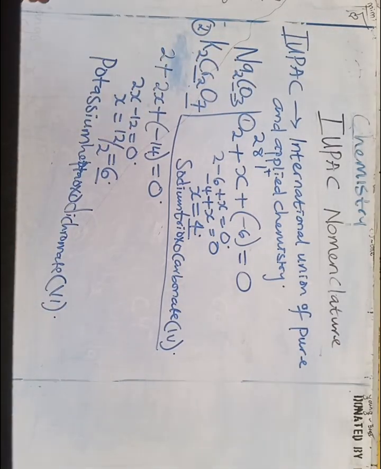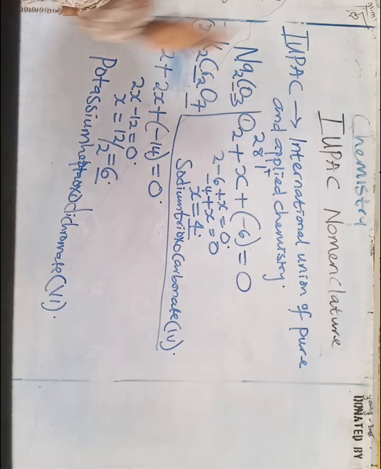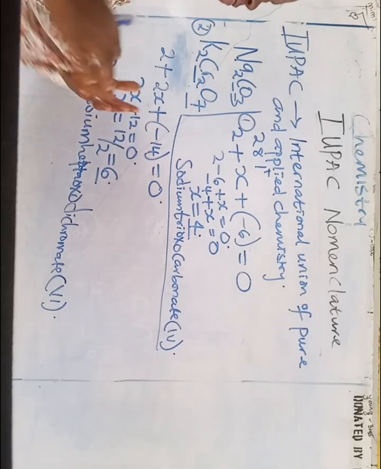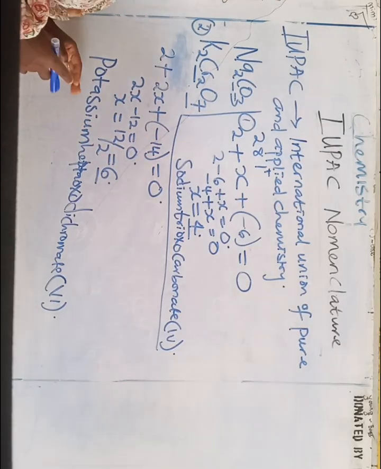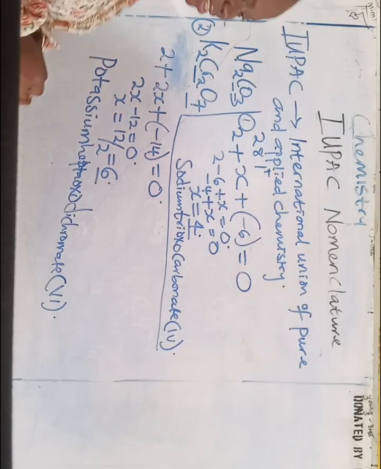Okay, so I've been able to name my two compounds. The first one is sodium trioxo carbonate 4. Then the second one is potassium heptaoxo dichromate 6. So when next we move